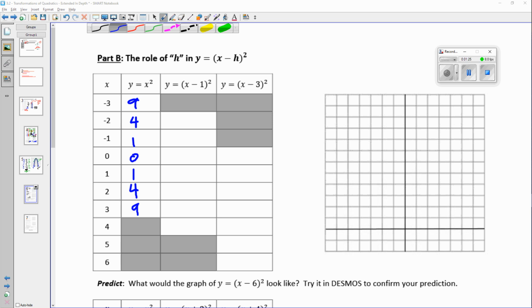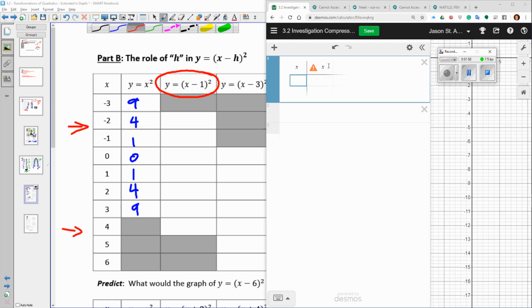So now we're going to jump over to Desmos and punch in this equation right here. We're going to find out all the x values for this. Punch in the x values and get the y values for x equals -2 to x equals 4. Let's see what happens. Now, in order to compute this, remember we have to use everything on the right side of our equation in our